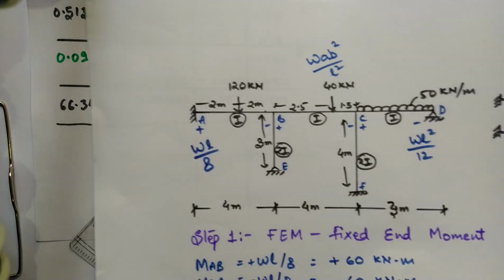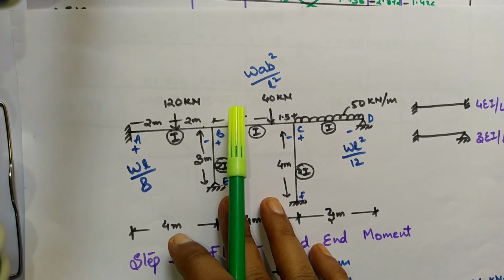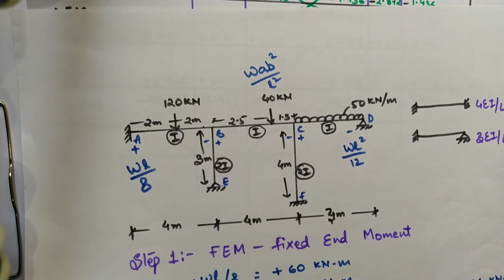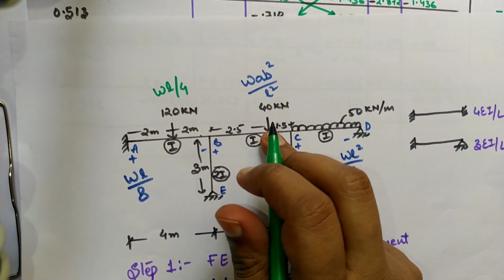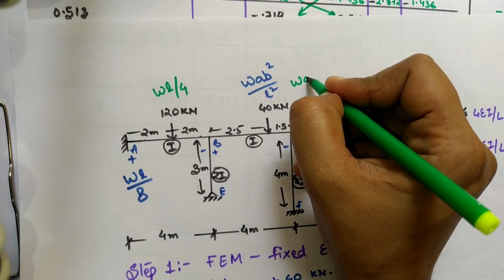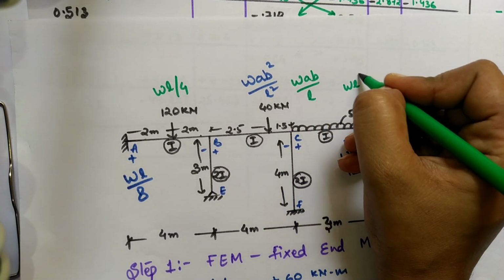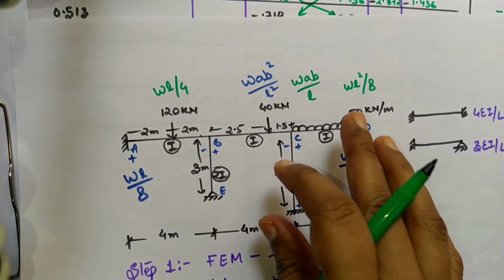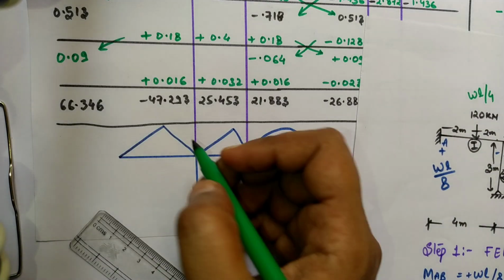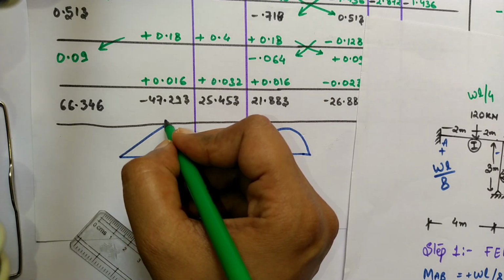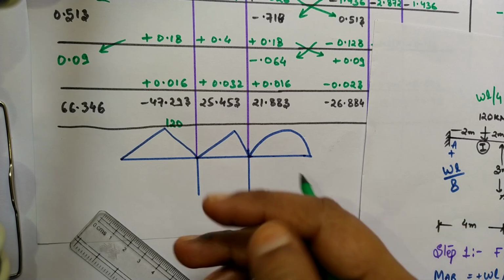Next step is we have to find out the maximum bending moment under the load. So AB में we have a point load जिसका maximum bending moment आता है हमारा WL/4. तो ये हमारा एक लोड है जिसका आता है WAB/L, and for UDL we have WL²/8. So we'll be drawing with the signs. हम ये सारे के सारे हमारे मेन बेंडिंग मोमेंट मैंने इधर ही बना दिया, space for slabs, but you can see all the bending moments. That's why I am making it here so that you can see all the moments here only.